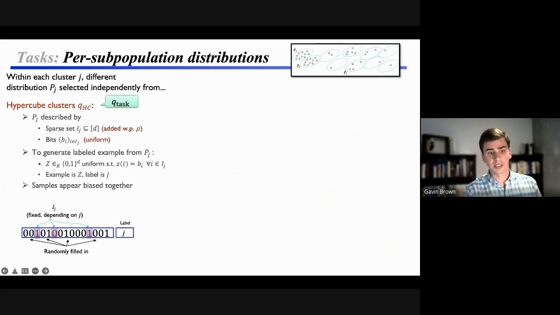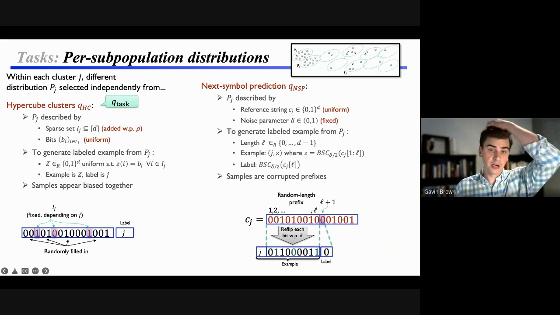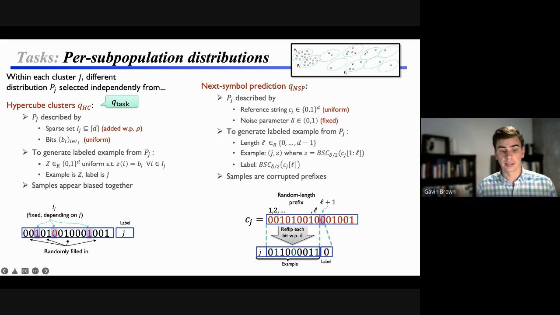And you can see once you receive, say, log D samples, then you can learn the fixed bits exactly. But with fewer samples, you won't be able to. This first distribution is supposed to abstract any kind of high-dimensional multi-class classification task, like image classification. The next task, which we call next symbol prediction, is meant to abstract any kind of sequence